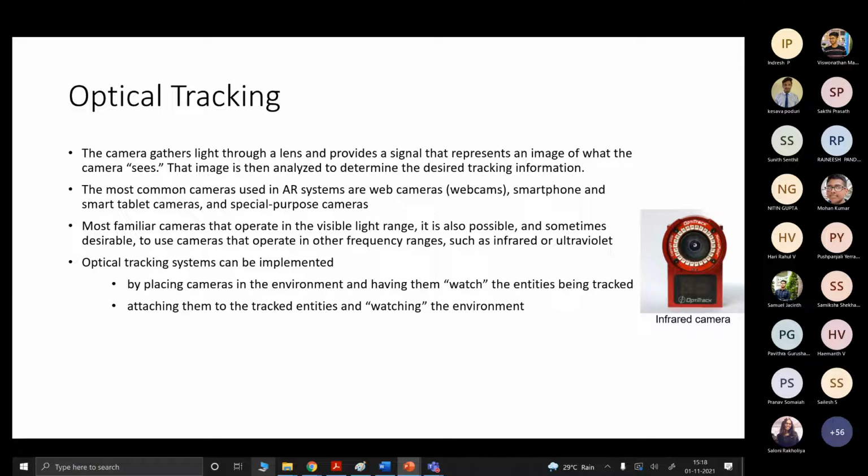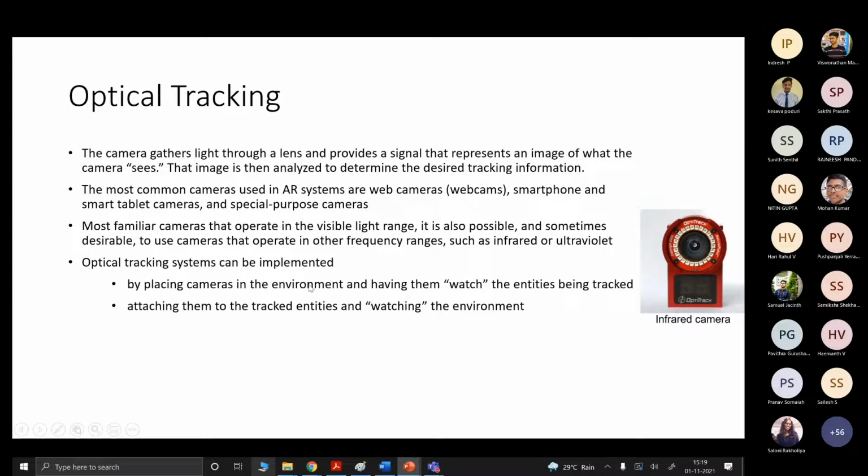The camera gathers light through the lens and provides a signal that represents an image of what the camera sees. So the optical tracker is the first tracker. From the name optical, it says you get information through light, and for gathering that information, the best tracker we are going to use is a camera.